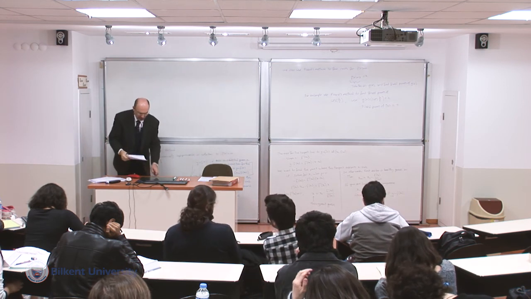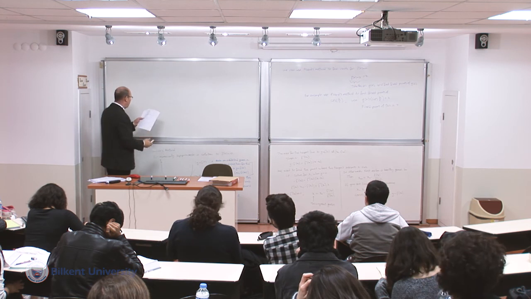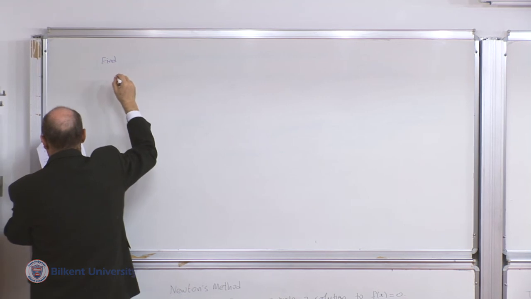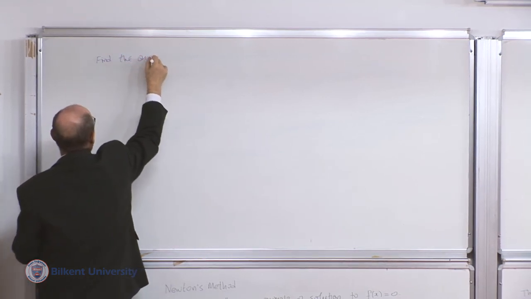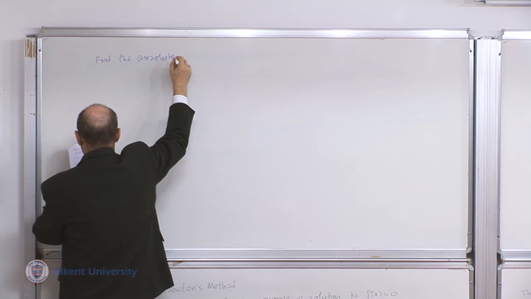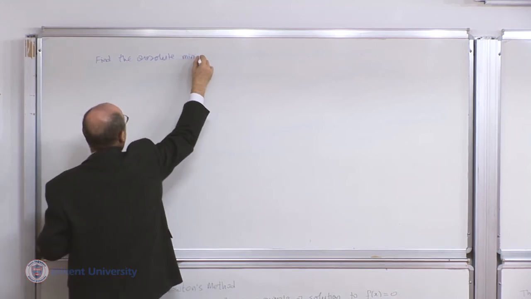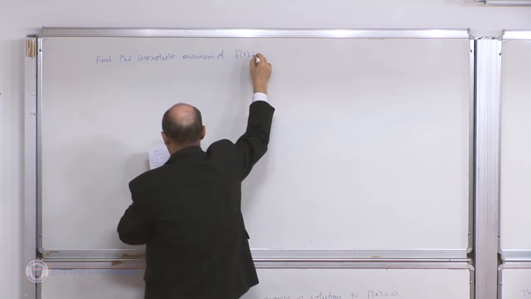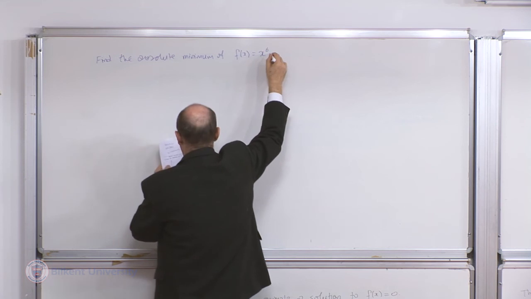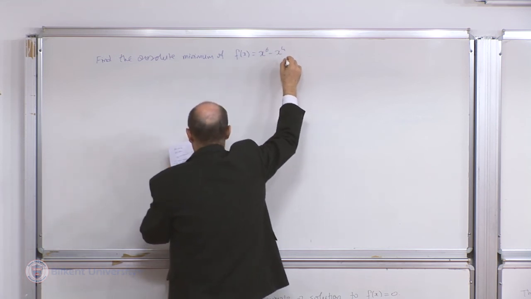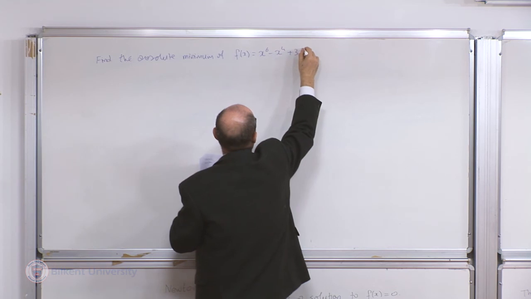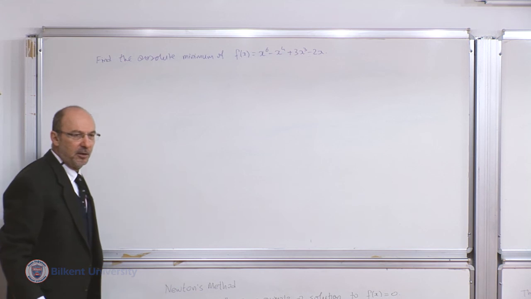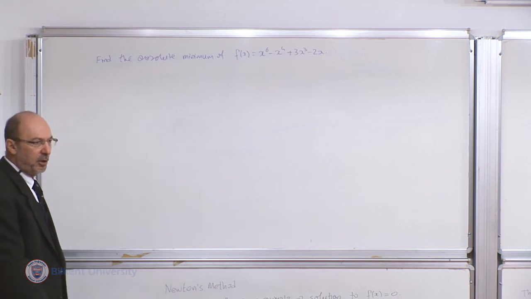Okay, since this is very serious, let me do it in purple. Okay, find the absolute minimum of the function f of x equals x to the 6 minus x to the 4 plus 3x cubed minus 2x. Okay, so you see that it is hopeless to do it by hand because you'll take the derivative, equate